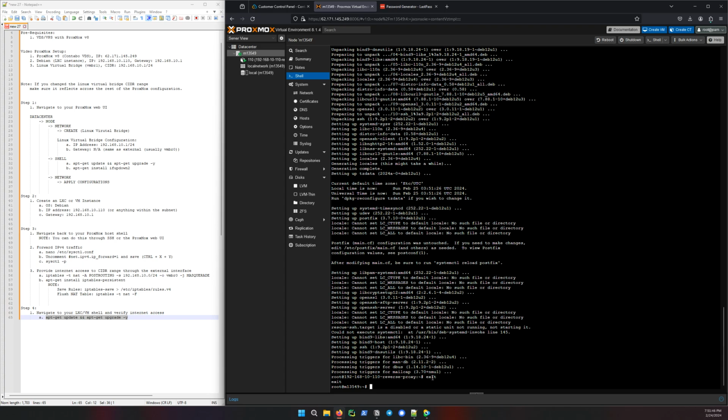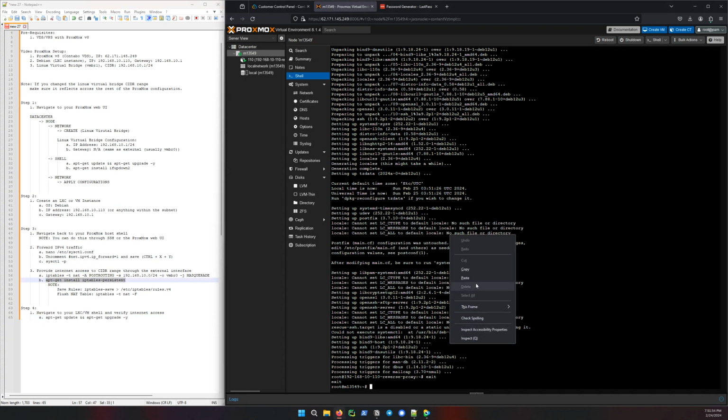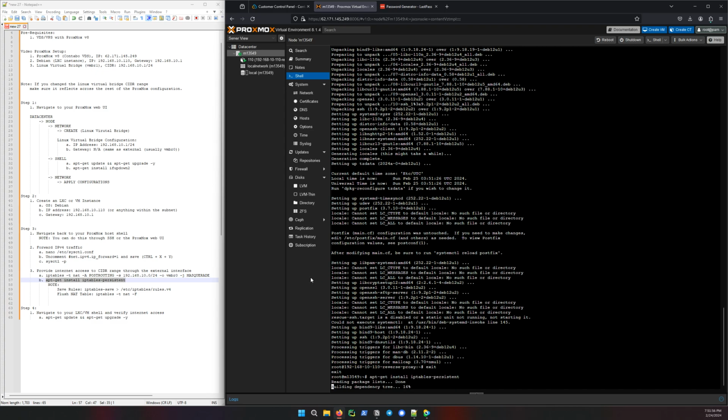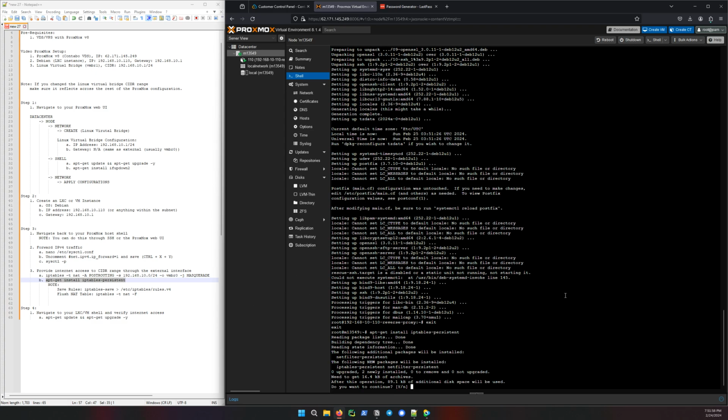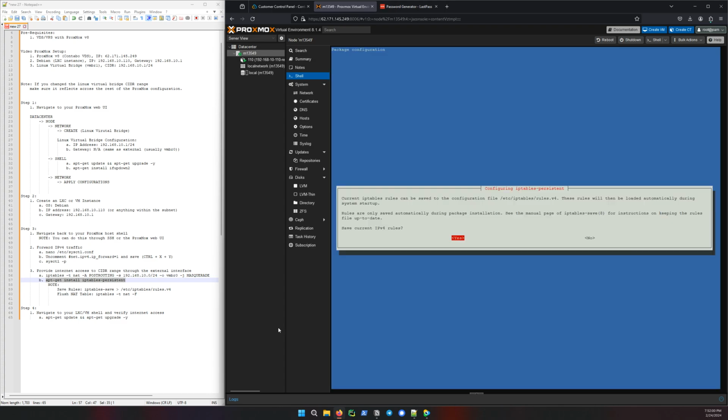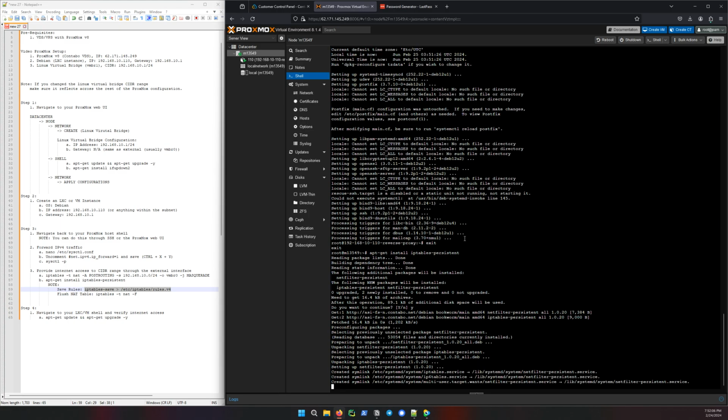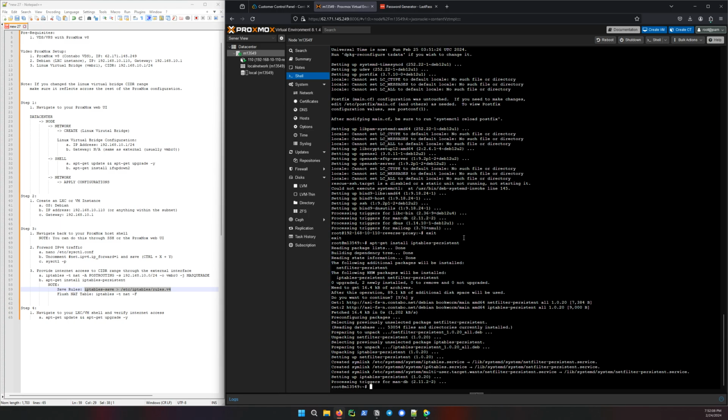So let's type exit, and then you're going to be back in your host, your Proxmox host, and you can install something called iptables-persistent. And if you already have this installed, you can type iptables-save, and then this right here, and it should just save the configuration. So if you go back in and make an edit at any point, run this little command